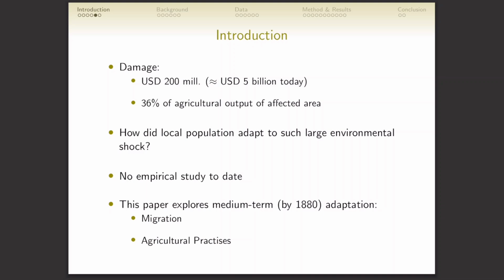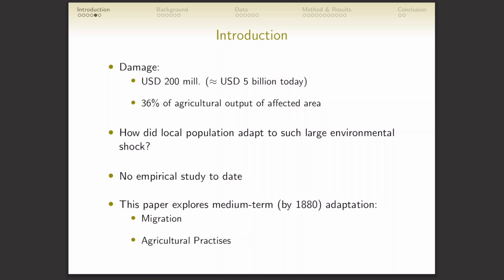If you compare it to those states that were affected, it would have been about, over the 2 years, about 36%, so a little bit over a third of the agricultural output. And that was just the direct effect from this year. So the question, of course, one can ask oneself is, how did the local population react to such a large